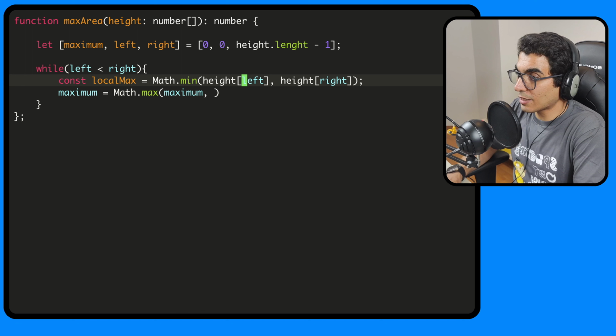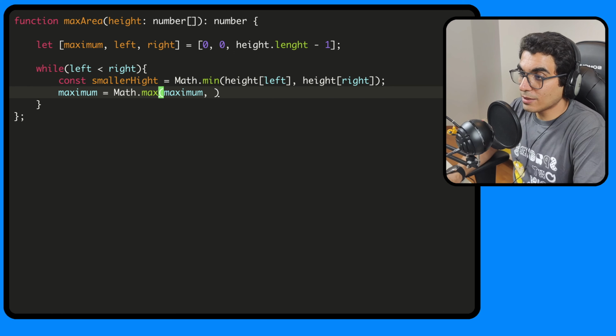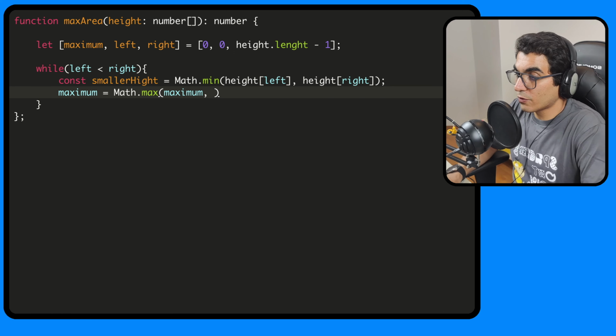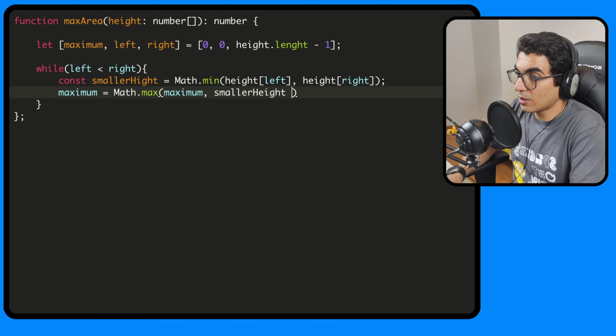This isn't actually the local max, so this is the smaller height, and for this we're going to do the smaller height times